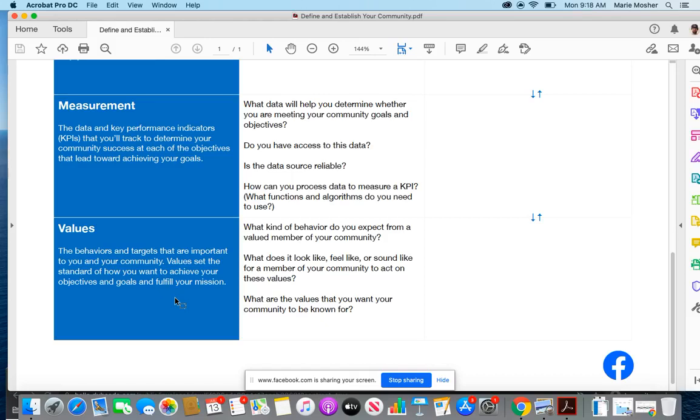Sometimes you have to know right off the bat whether or not someone's a good fit. And if you've got these simple values defined, then it's going to be very easy for you to say yay or nay on who you want in the community. And something as simple as this, defining your values and then knowing who to accept or decline, is key, because